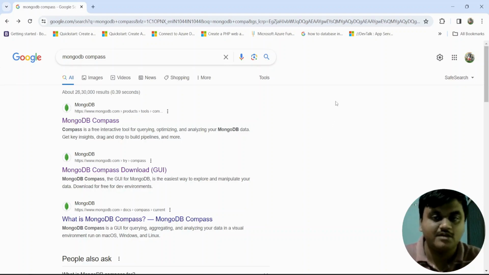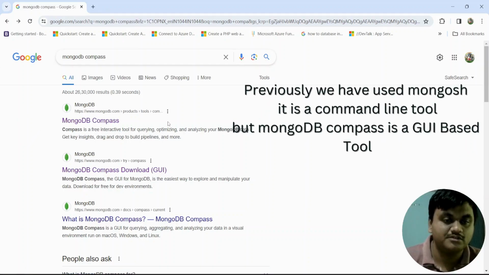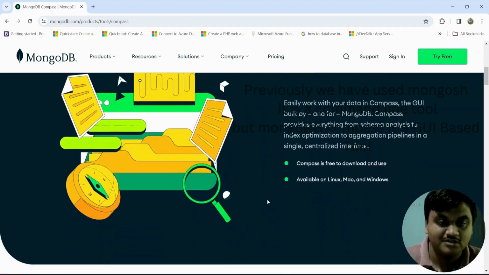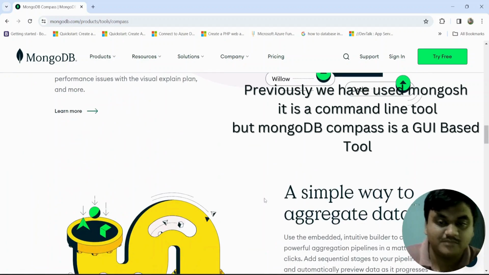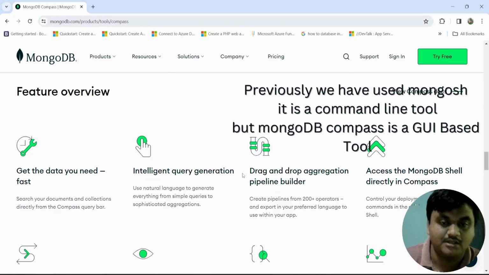Hi friends, today we are going to explore MongoDB Compass. We are going to use the shell. The shell is like a command line interface, but MongoDB Compass is a GUI tool, a graphical user interface tool. Using this tool, we can perform CRUD operations like create, retrieve, update, delete on documents, collections and databases